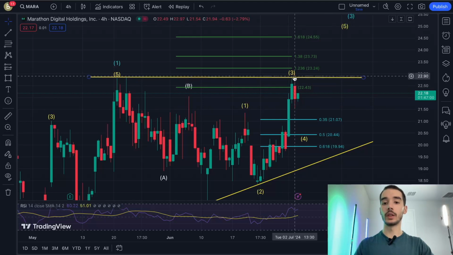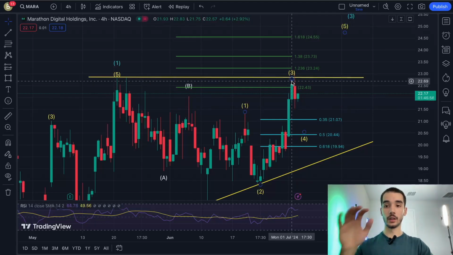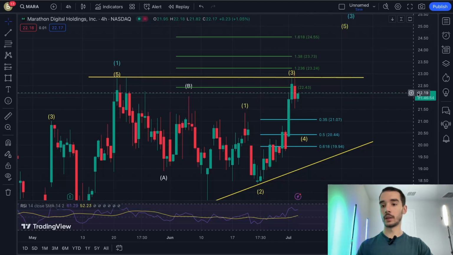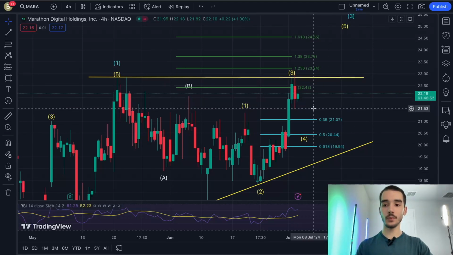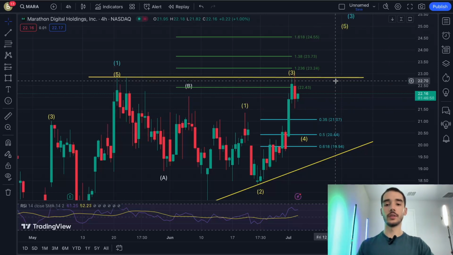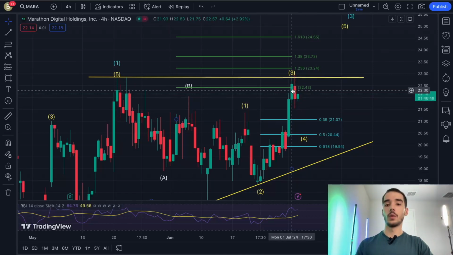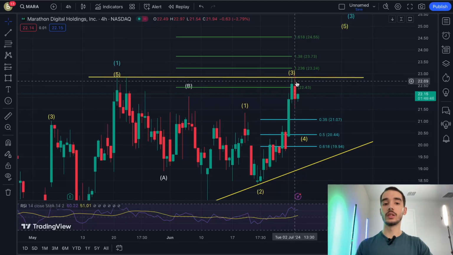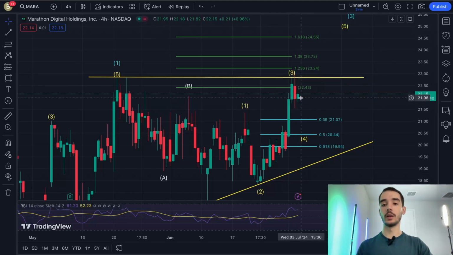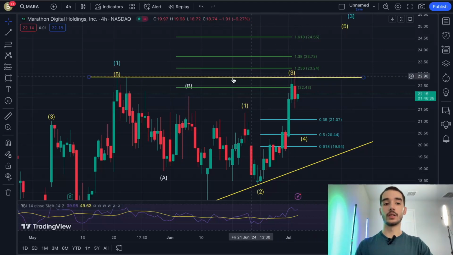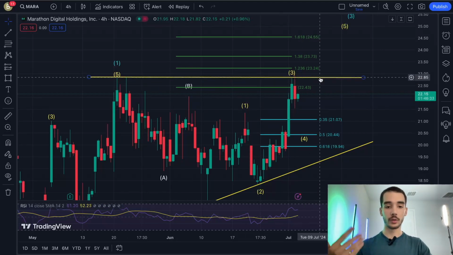This right here, we didn't reach the yellow resistance yesterday at the time of recording. The market is still open right now, by the way, so we might see this fluctuate just a little bit. There's almost 2 hours left, but we did not reach the yellow resistance today. We did break over it briefly and fell back down as we anticipated. We wanted to see ideally this swing high, or the 2024 all-time high, in this wave structure that we're in.